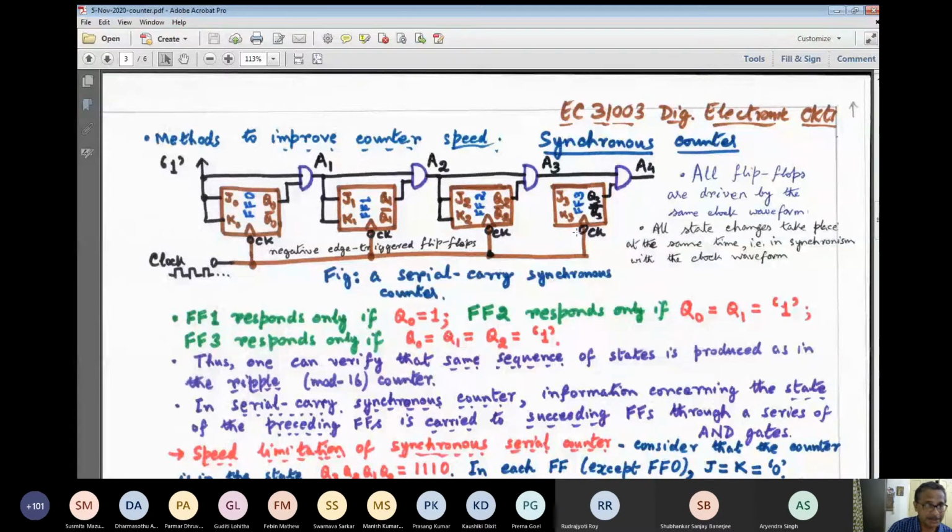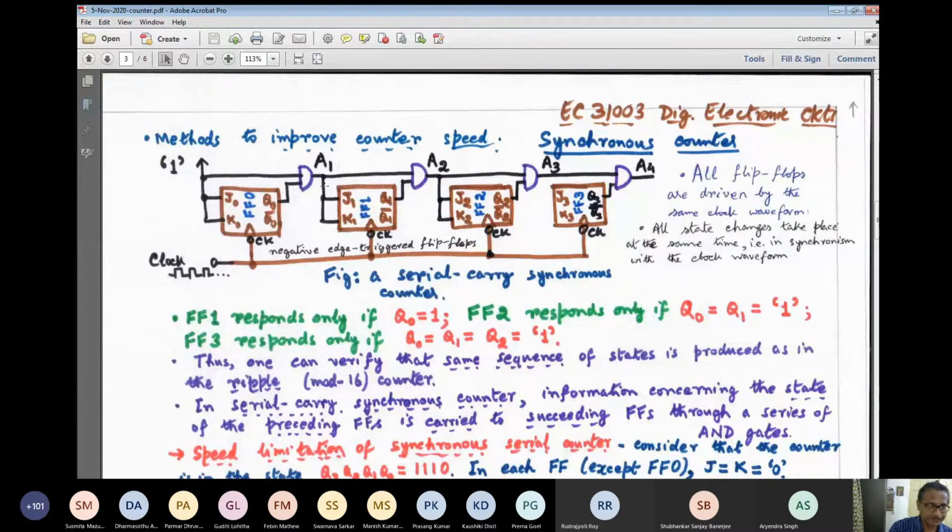That is guaranteed because this is a synchronous counter, and the clock that you can apply to it can have the highest frequency possible. But the propagation delay will not be 0. It will not be as bad as the previous case, where the delay was the sum total of the propagation delays through the individual flip-flops. In this case it will not be so, but still there will be some maximum frequency. We cannot go beyond that.